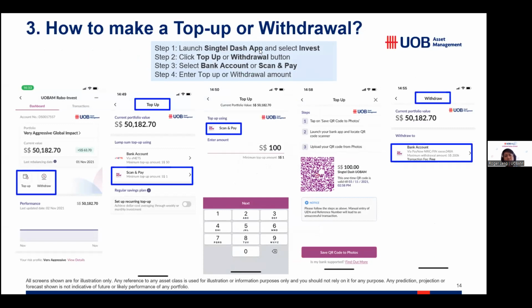So if I were to go through the different steps of the journey, if you tap onto top up, that's where you will see two options over there, which is a bank account top up or a scan and pay. So bank account top up actually is via eNets. So what you will do is that once you tap onto that, you will key the amount,